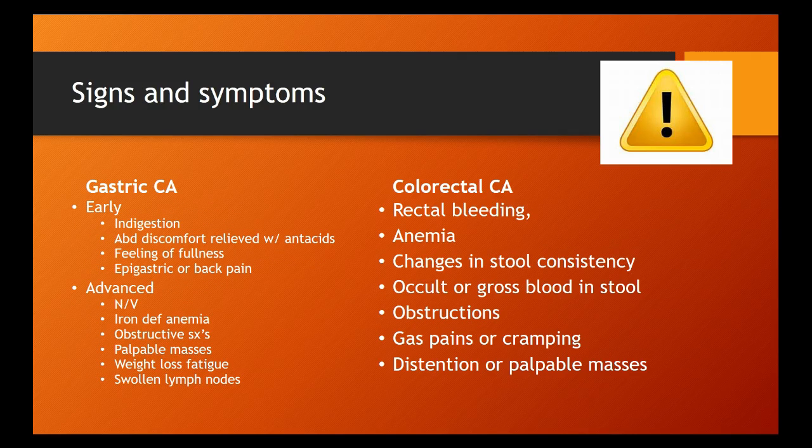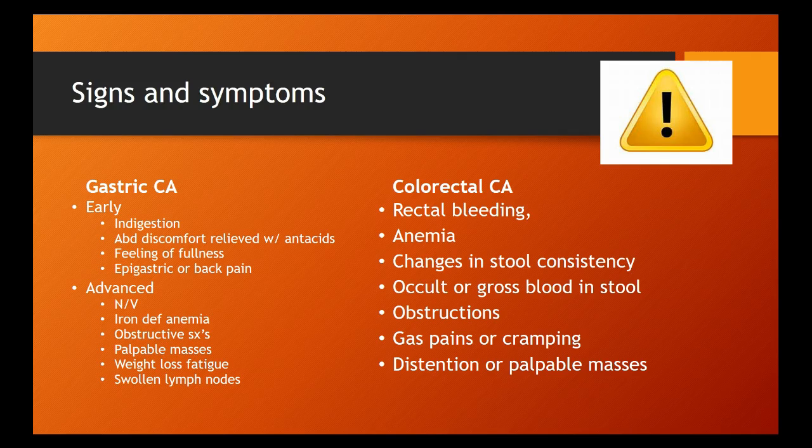So what are some signs and symptoms? What are we going to be looking for? We're going to be looking for gastric cancer, we're going to be looking for early signs. Some of these are indigestion, abdominal discomfort relieved with antacids, feeling of fullness, epigastric or back pain. And then, of course, in the advanced stages, we're going to see nausea, vomiting, iron deficiency, anemia, obstructive signs and symptoms,